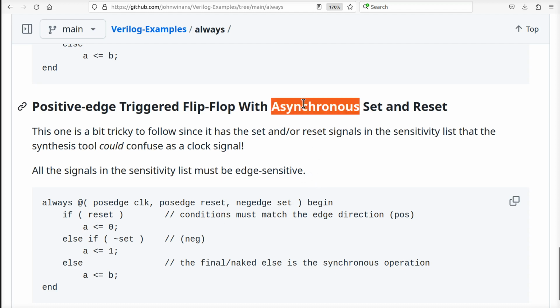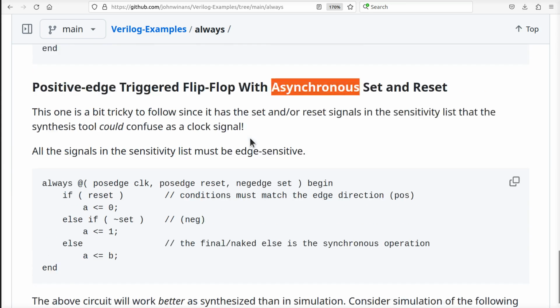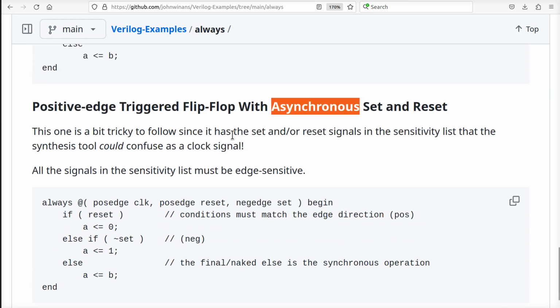Now let's talk about asynchronous set and reset. Now, this one's a little more wonky. Every time I try to do this, maybe this is my hobbyist thing coming in here. I don't have professional experience of years like some people do. Please enlighten me, okay? I look at this as kind of annoying, and however right or wrong I am about this example I'm going to show you here, what is true